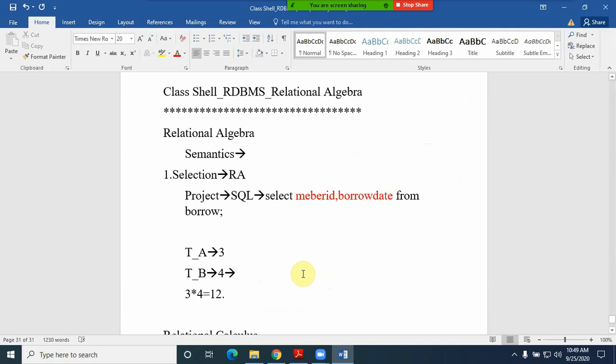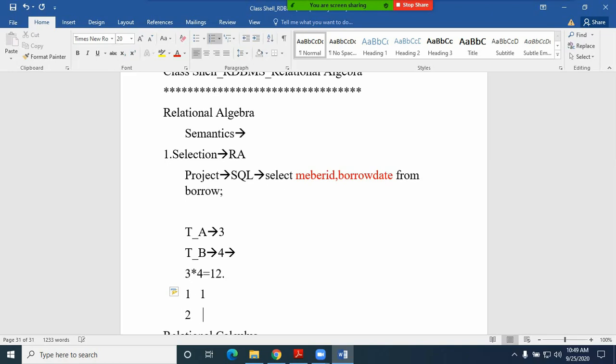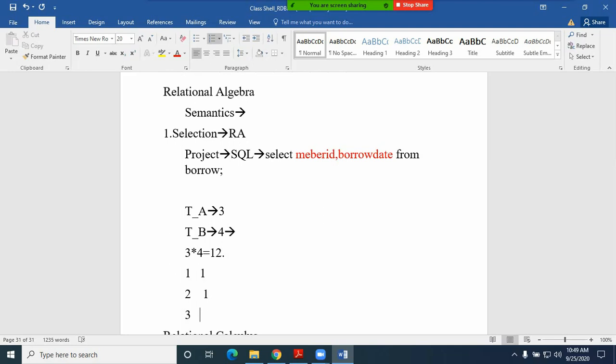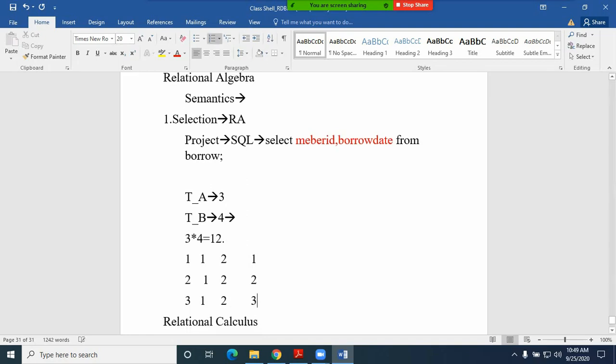two tables, because each and every record is mapped: the first record of table A is mapped with the first record of the second table, the second record of the first table is matched with the first record, and as we have a third record also, it is mapped with the first record as well. Similarly, the second record of the first table is mapped with the second record of the second table, and the second record of the first table is matched with the third record of the second table. Likewise we have the mapping.